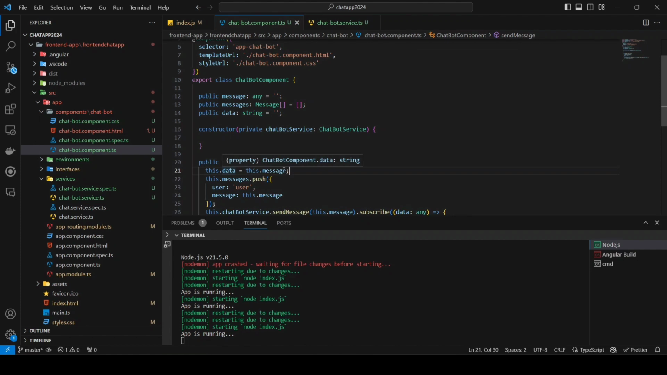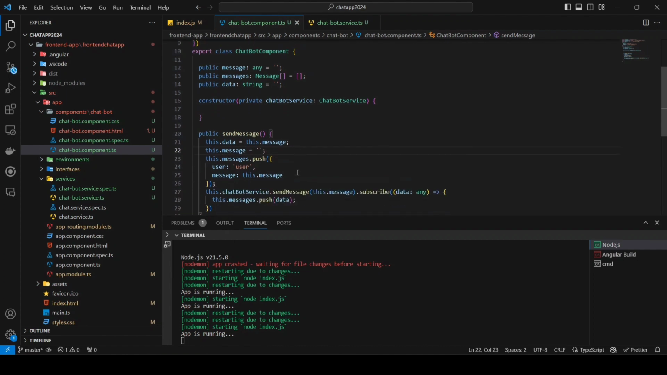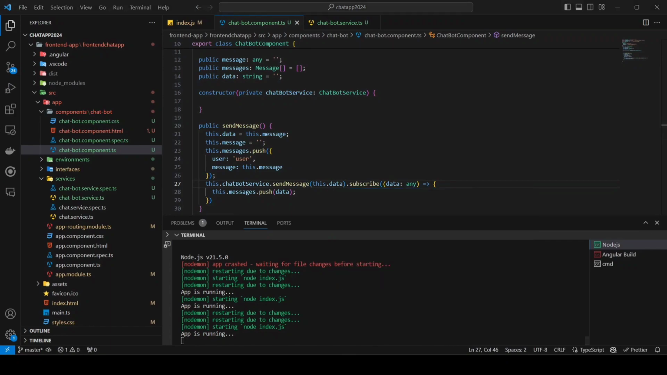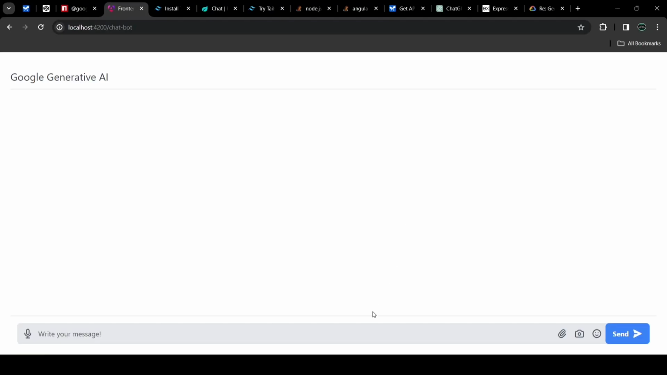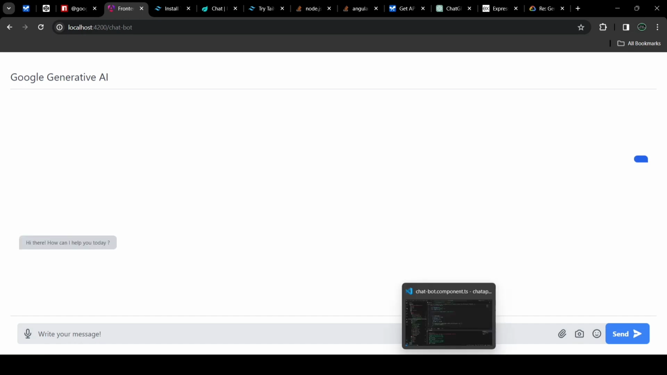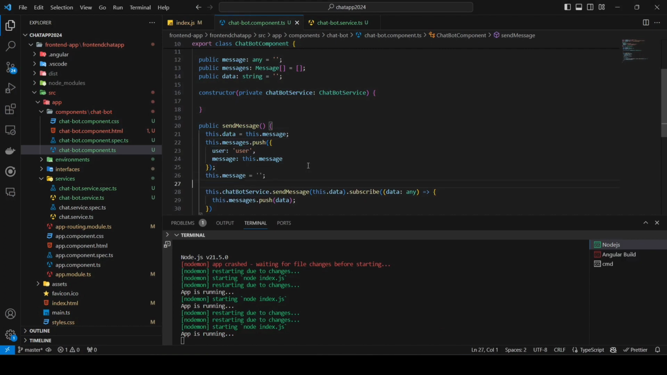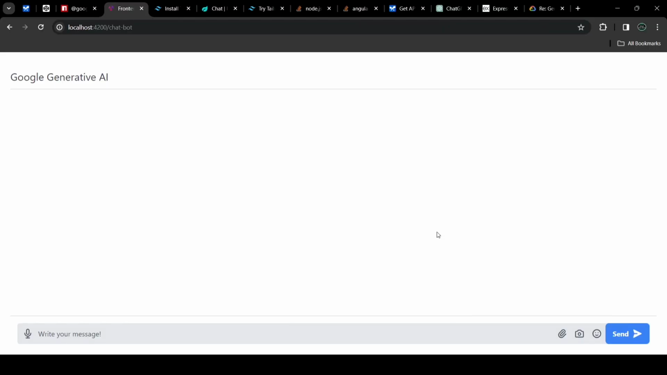And now we are going to send this.data. Before that we are going to initialize our message to an empty string. And now here we are going to send this.data. Now type hello and press the send button, but our message is not showing, right? Because we are initializing our message to an empty string, but we will do it after pushing it to the messages array like this. Now go back to Chrome, type hello, click on the send button